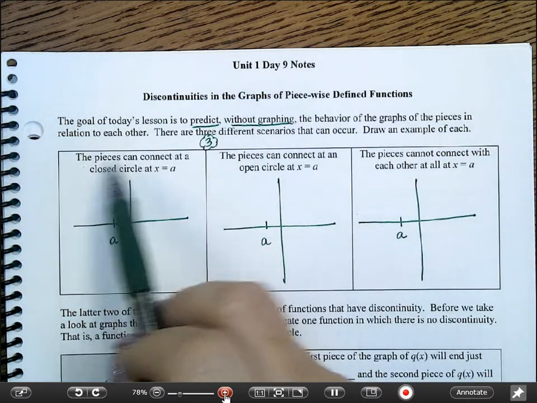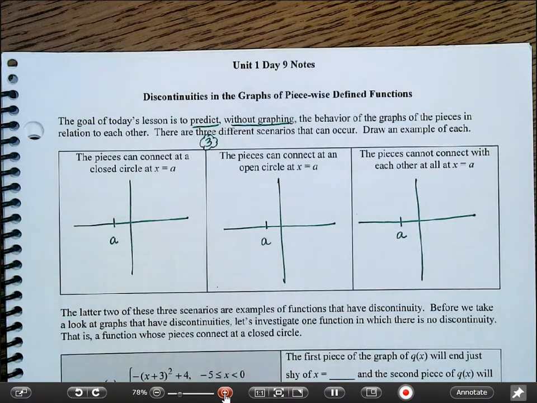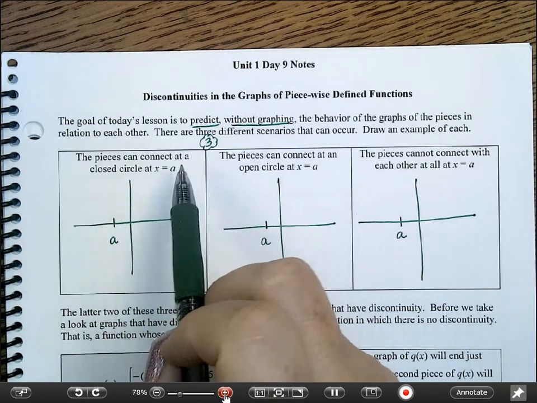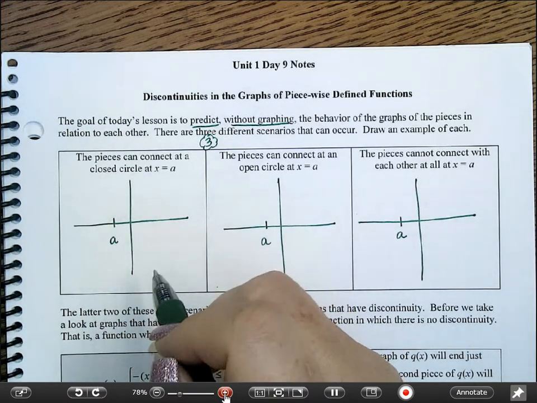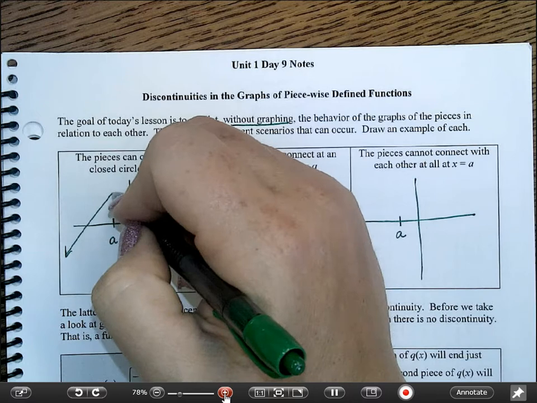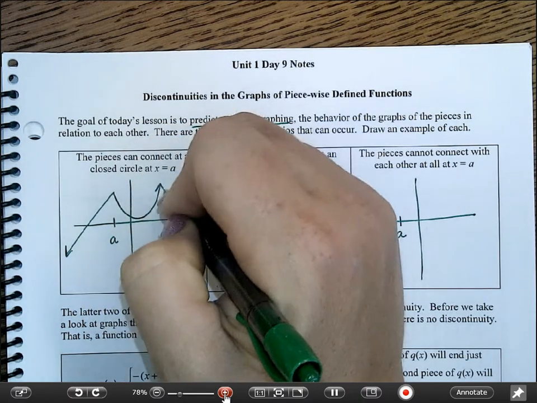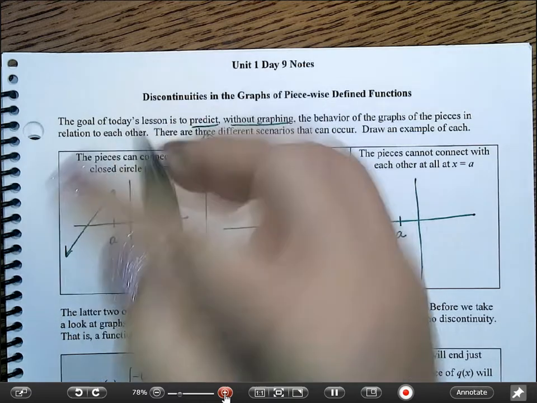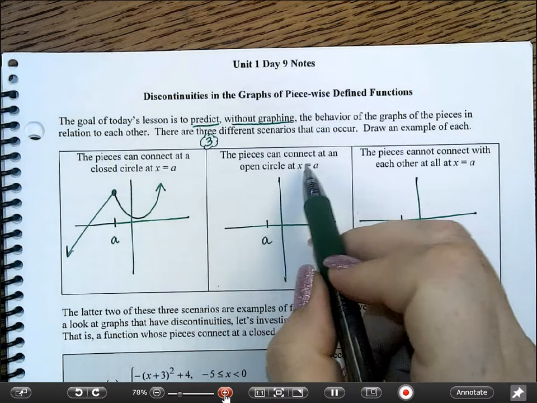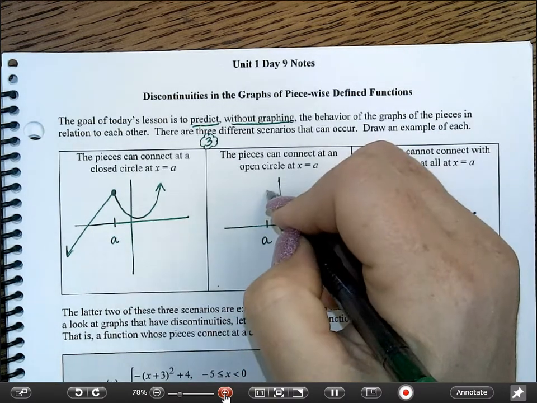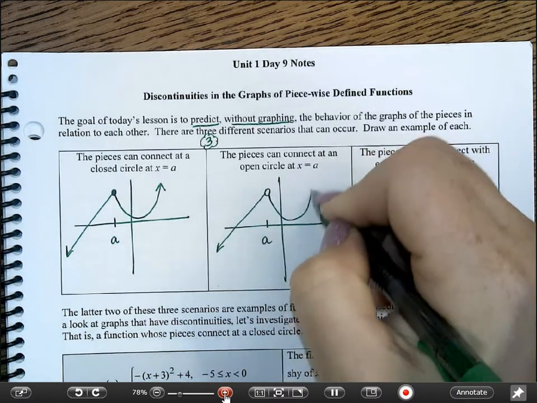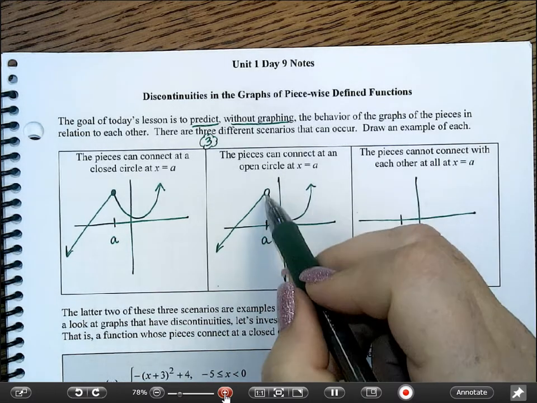So the pieces can connect. We're talking about different types of functions, but the pieces can connect at a closed circle at x equals a. So let's say that I've got a piece here that goes down, and then I've got some sort of graph here, and they connect right here at x is equal to a. Then the pieces can connect at an open circle. So let's say that I've got this situation going here, and you can see that there's an open circle